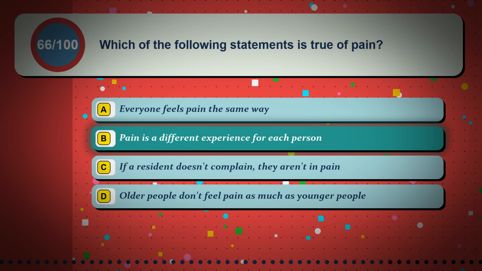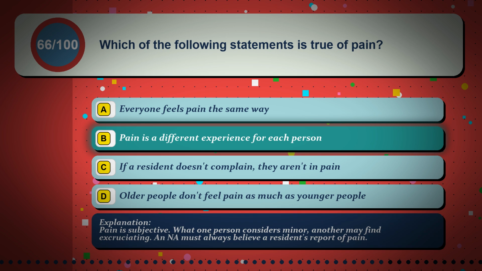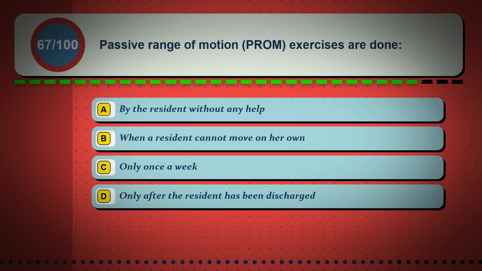The correct answer is option B. Pain is a different experience for each person. Pain is subjective. What one person considers minor, another may find excruciating, and NAs must always believe a resident's report of pain. Question 67. Passive range of motion, PROM, exercises are done: